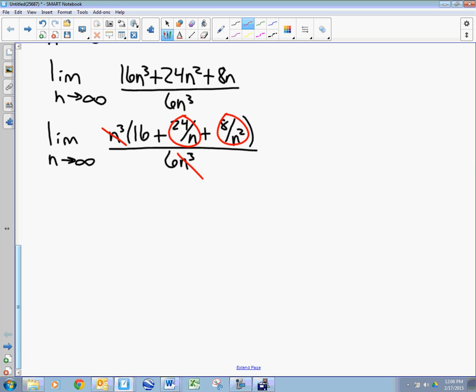0, 0. Whoop. 16 over 6, which reduces to